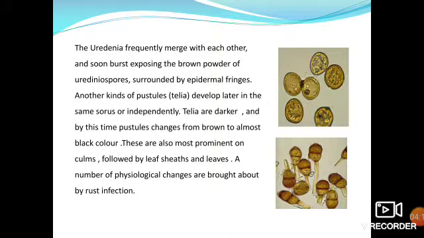These spores are the second type of spore that is seen on the wheat plant. Here the rust disease is completed on two hosts. One is the wheat plant and the second is the barberry plant. The remaining life cycle of this wheat rust is completed on the barberry plant. So, it is known as a heteroecious life cycle, that is completed in two hosts: wheat plant and barberry plant. So, these are the urediospores and these are the teliospores, they are seen on the wheat plant.